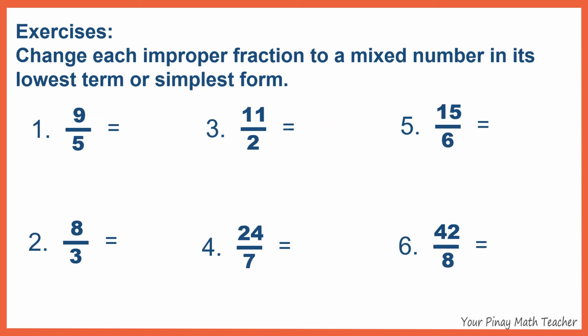Next exercises, change each improper fraction to a mixed number in its lowest term or in its simplest form using strategy 2. Kindly pause the video if you want to do this by yourself. The answers for all the items are